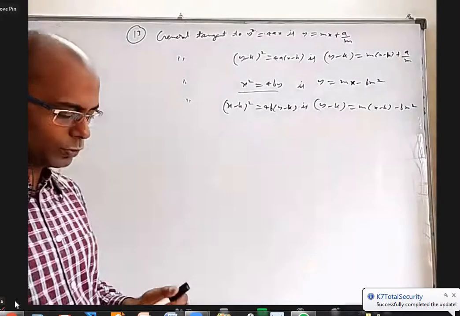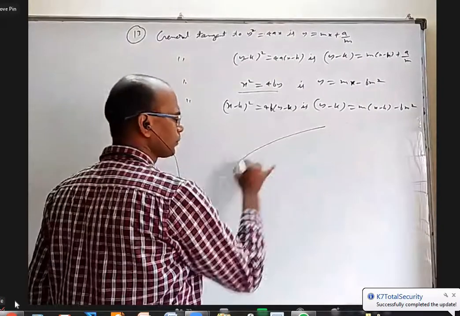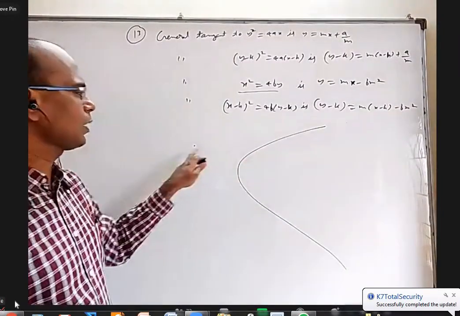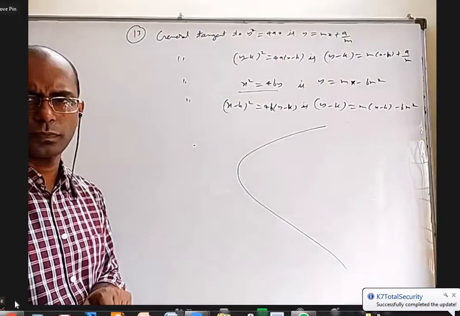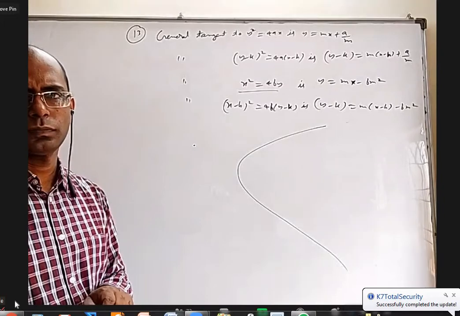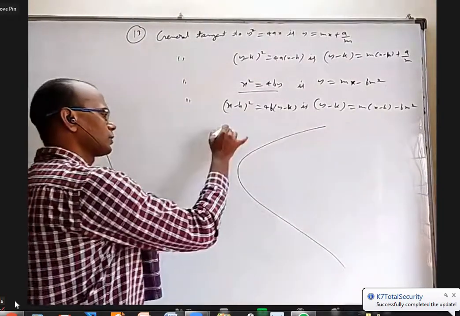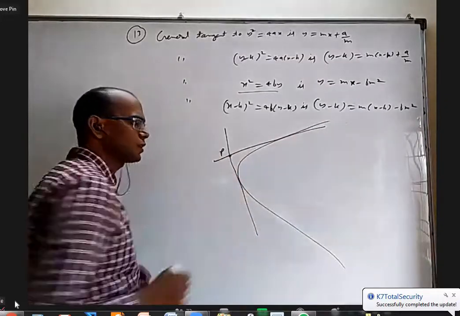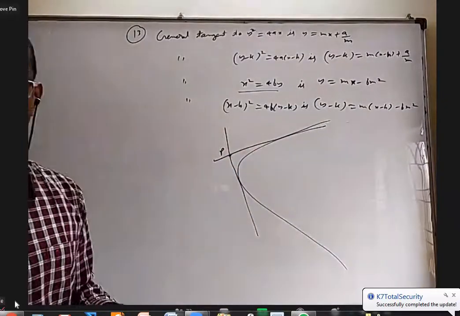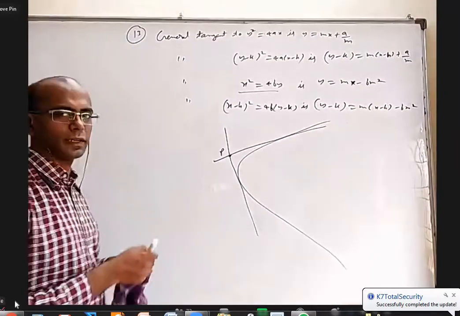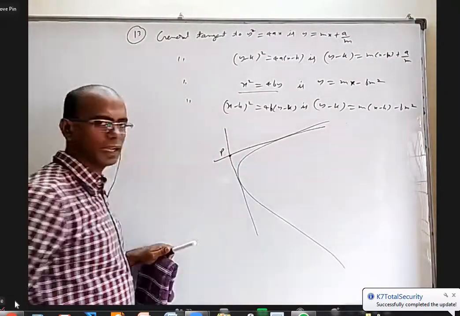Now, somebody may ask you, if I give a parabola and an external point, how many tangents of the parabola pass through this? What will be the answer? Two tangents. Obviously, somewhat like this, and this. From the figure, you can say that. But apart from the figure, algebraically, how will you prove it? Or how will you find them? That is, if I give you this point, how will you find these tangents?